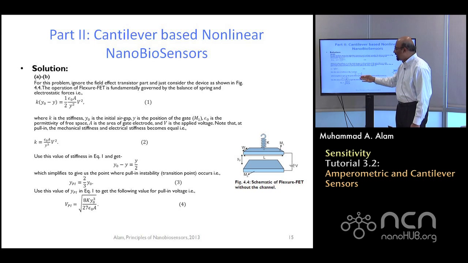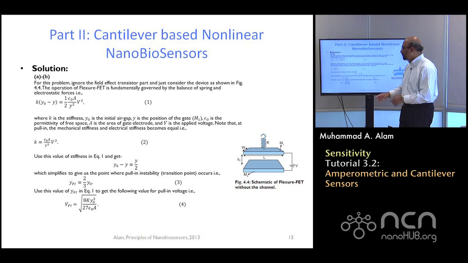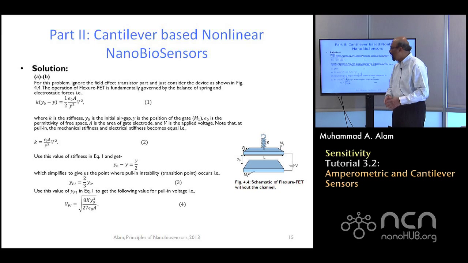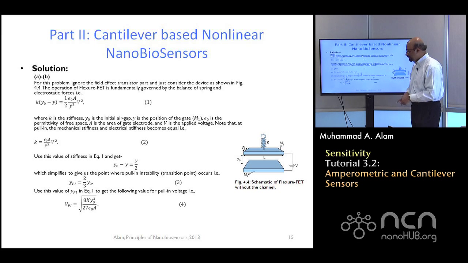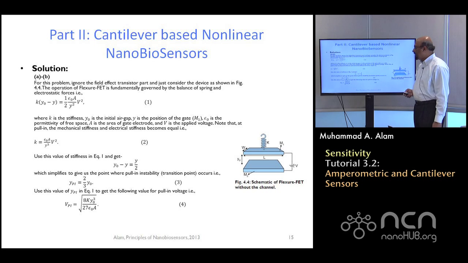And by solving this, you will see that the pull-in point is 2/3 y naught. And once you have the 2/3 y naught, then now you can essentially put this value in both cases, and correspondingly find out the pull-in voltage. Okay, so this is something you should work out, but I just wanted to emphasize that there is this little trick that makes your life a little easy.